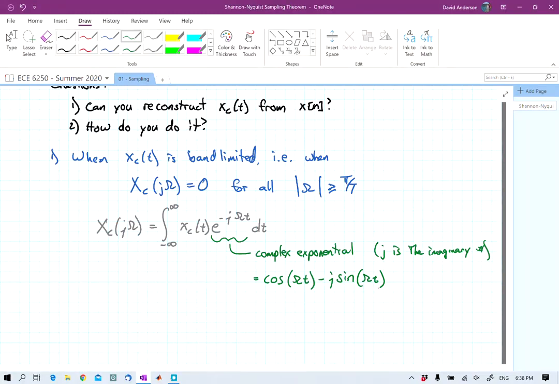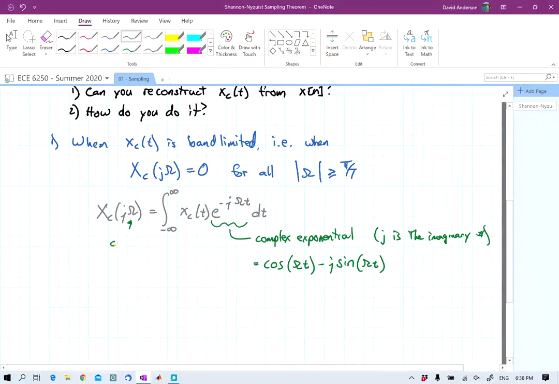Since it's infinite in length, there are infinitely many, and so it's indexed not like the basis functions that you ran into in linear algebra where you might have n dimensions. Here it's continuous. And so we get this representation as a function of frequency. So omega here is frequency in radians. Okay, so